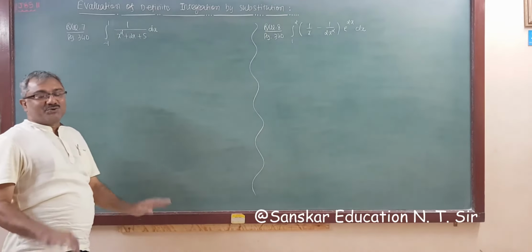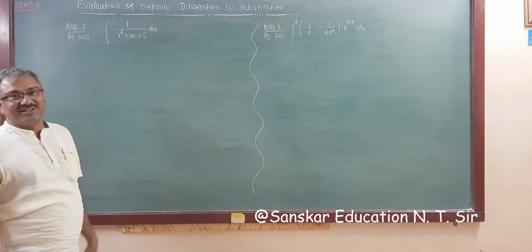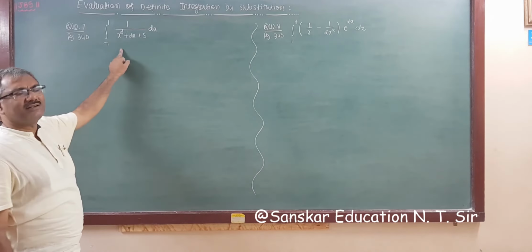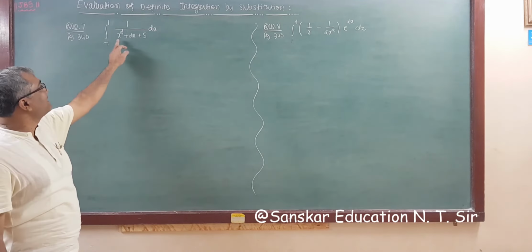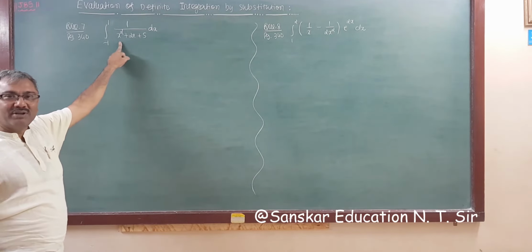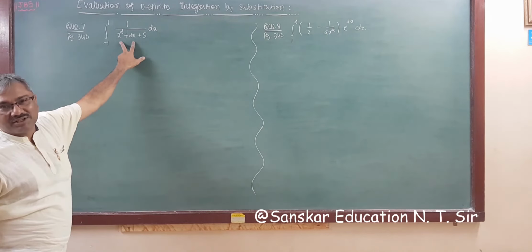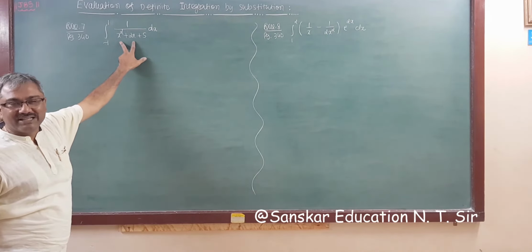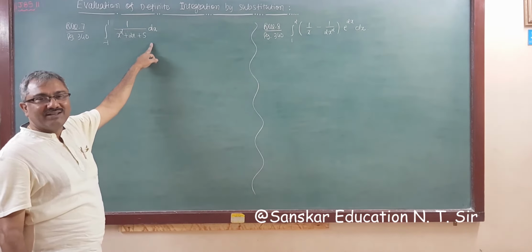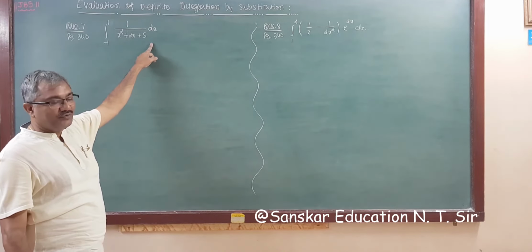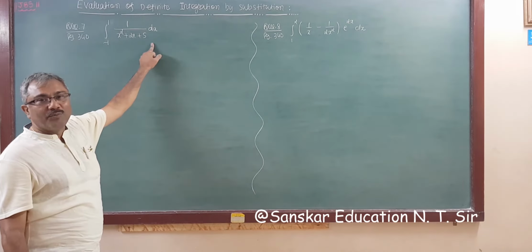Okay. So after solving a long question, right? This is a small question. Same type of question, because this is given quadratic polynomial. So we have to find out the last term to make it a perfect square. So x square plus twice x plus 4 you require, that is x plus 2 whole square. So we are splitting 5 as 4 plus 1.